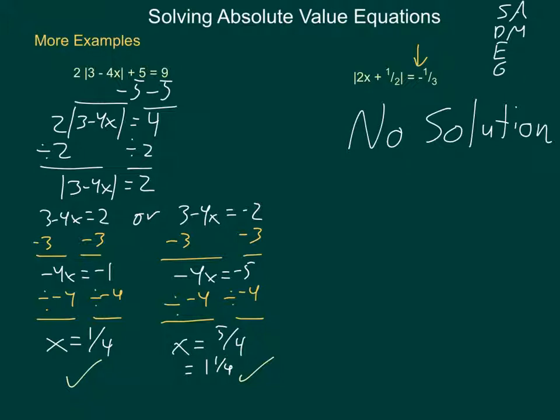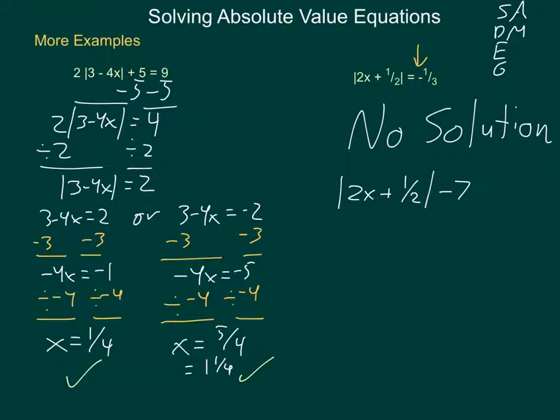Be on the lookout for those. Absolute value equations occasionally are set equal to a negative number. They cannot be that way. Now, that being said, if there are other things going on, multipliers or add-ins, subtracting outside of the absolute value group, that could all equal a negative. For example, if I said the absolute value of 2x plus 1/2